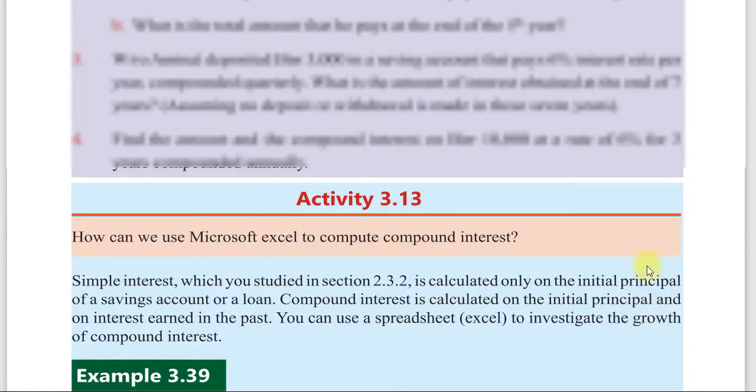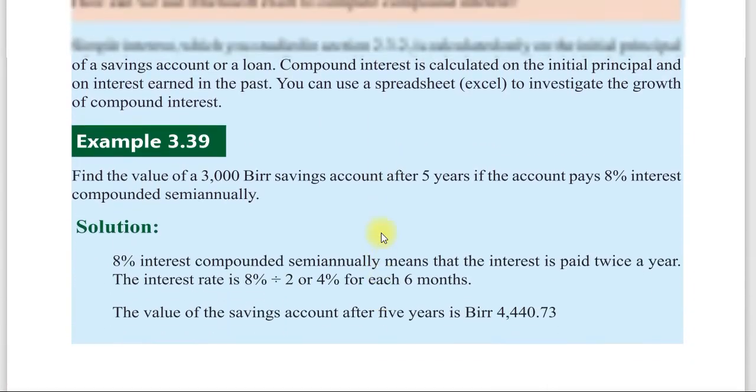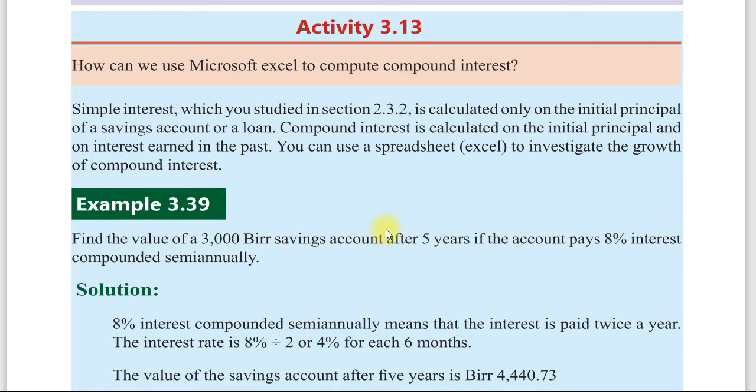how can we use Microsoft Excel to compute compound interest ነው የሚለን። compound interestን በማይክሮሶፍት ኤክሴል ወይም ማይክሮሶፍት ኦፊስ በመጠቀም እንዴት አድርገን መስራት ይቻላል ነው የሚለው። Simple interest, which you studied in section 3.2.32, is calculated only on the initial principal of a saving amount or a loan. Compound interest is calculated on the initial principal and the interest earned in the past. You can use a spreadsheet or Excel to investigate the growth of compound interest ይለናል።